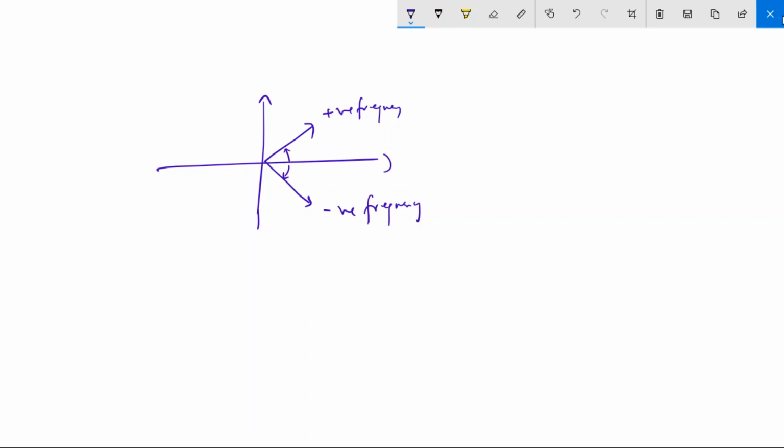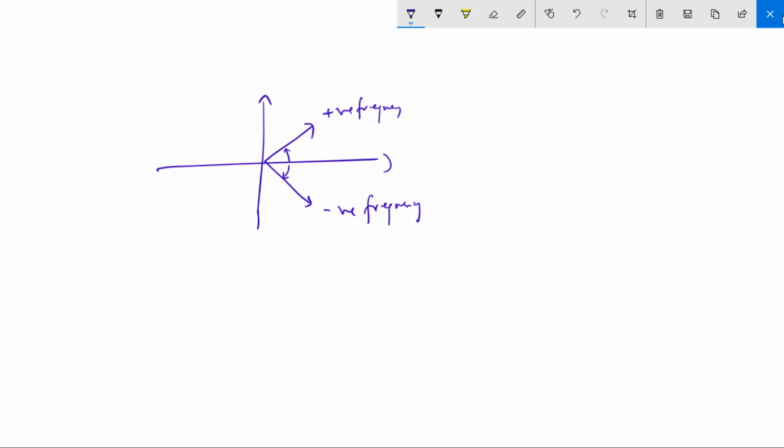It is just the direction of the phasor, nothing else. Otherwise, negative frequency: if you have 1 by 2 hertz frequency and minus 1 by 2 hertz frequency, what does it mean? When 1 by 2 hertz frequency is generated, the sine or cosine function is generated by a phasor which is rotating with that speed in the positive direction, in this direction. Minus 1 by 2 hertz is the frequency generated by a phasor which is rotating